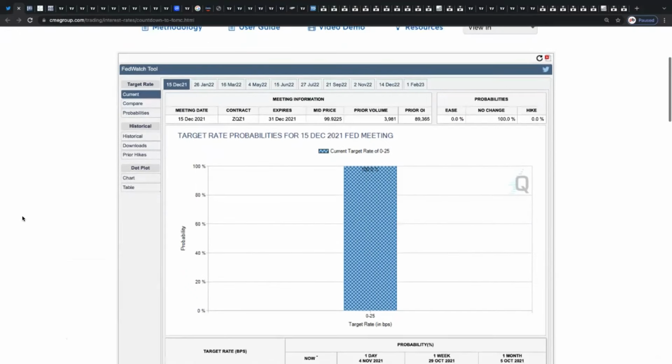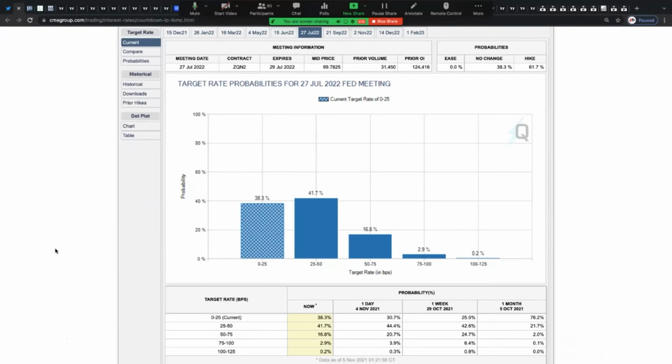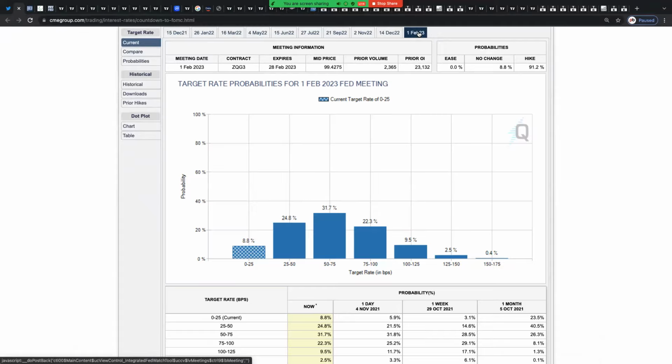Okay, so now speaking about all this, right now, the prediction is that we will hike rates in July by 25 basis points. That probably won't freak out the whole market. But if we go to February, the market's now pricing in probabilities of 2 rate hikes by February, and a risk of 3 to 4 rate hikes. That will certainly be problematic. And again, it's rate hikes that are going to tell us to get out of the way of